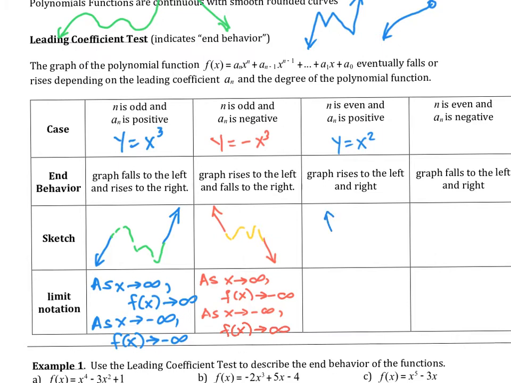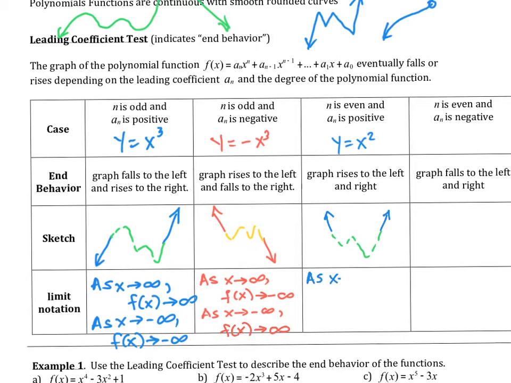Okay, and again, that tells me about the end behavior. This could be x to the 6th, it could be x to the 8th, it could have a bunch of other terms. It might do something crazy in the middle, it might not. But I know on the left and right side, it's going to go up. Okay, so for the end behavior,